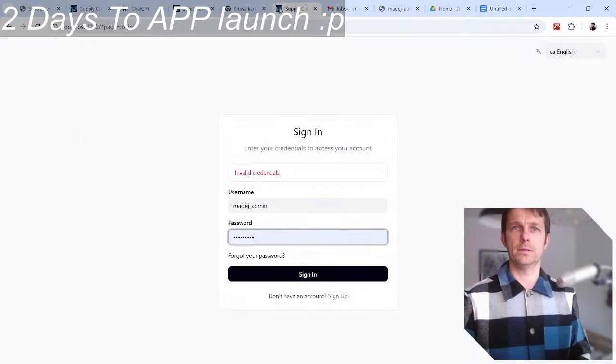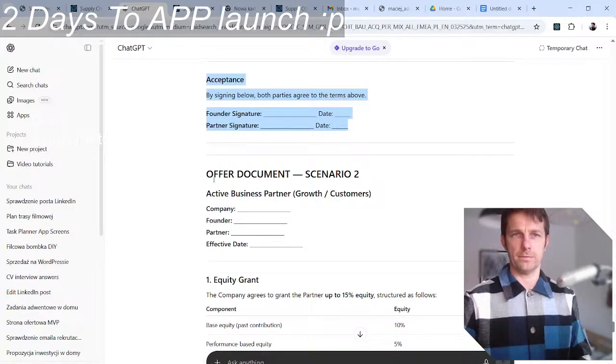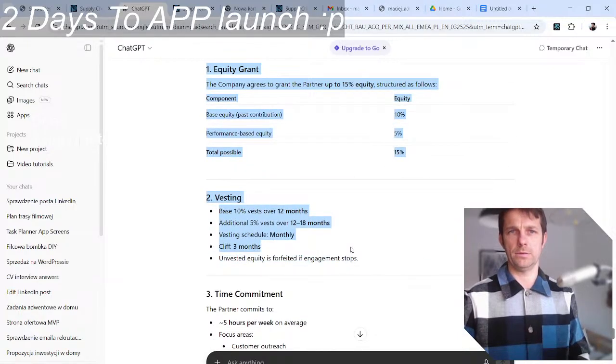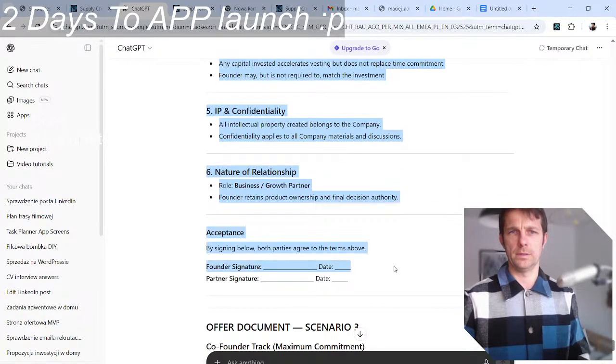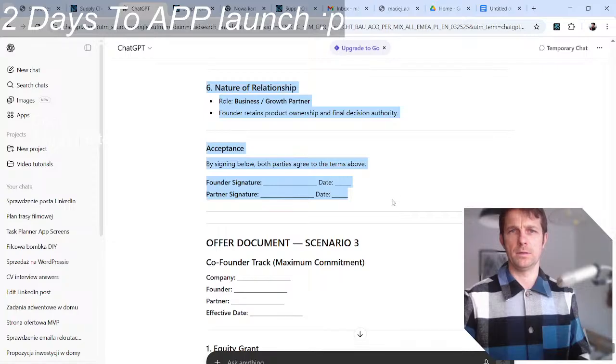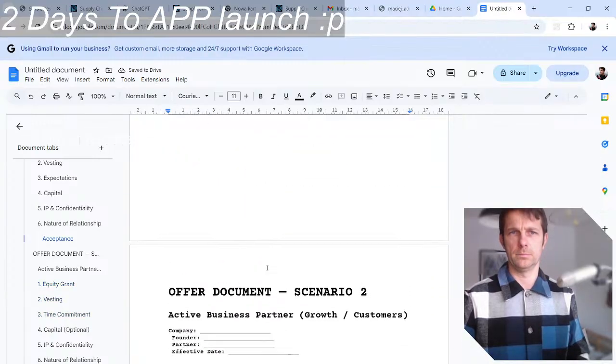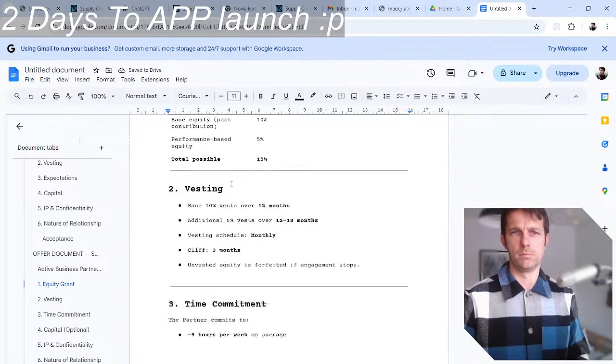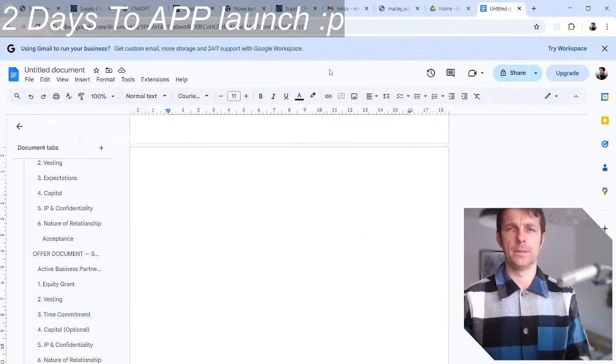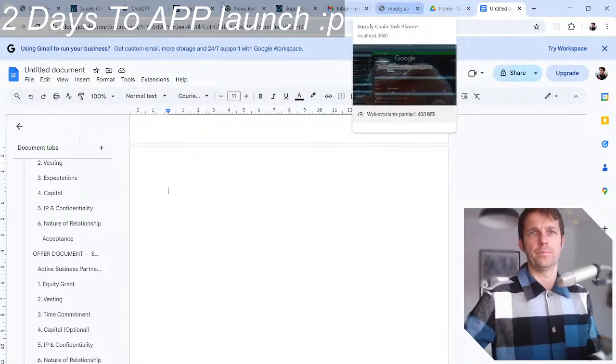And next one, the second offer is scenario 2. Yeah, okay. And option 3.